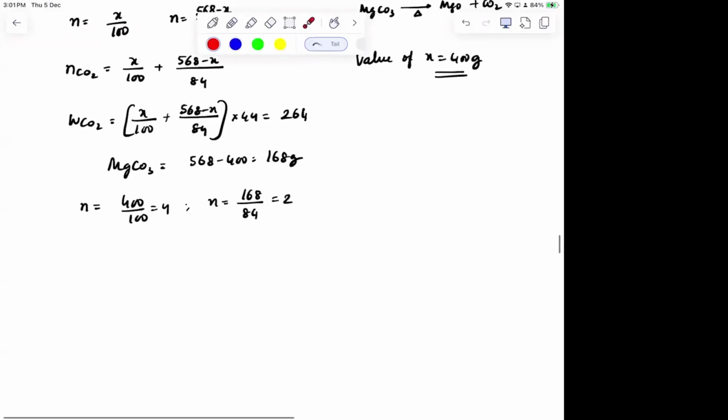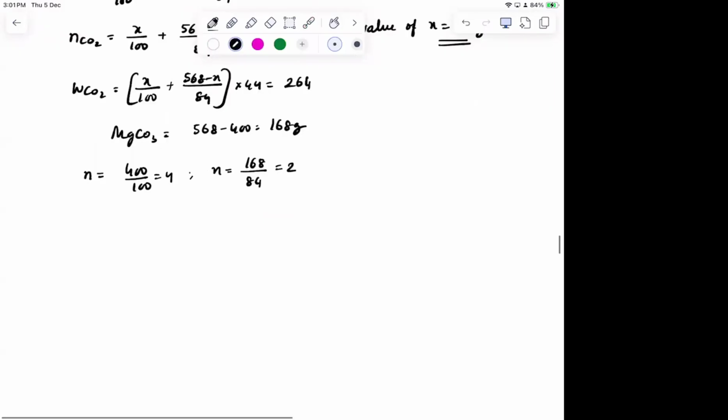So total, how many moles, beta? 6 moles are there which is giving hardness. So what is the weight of calcium carbonate equivalent to this? 6 moles into 100, which is equal to 600 grams. So what will be the